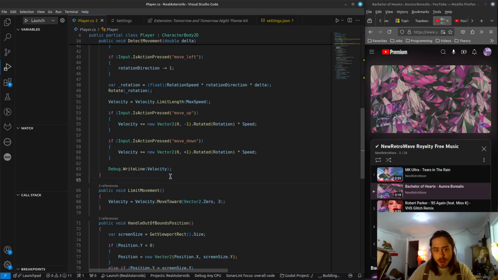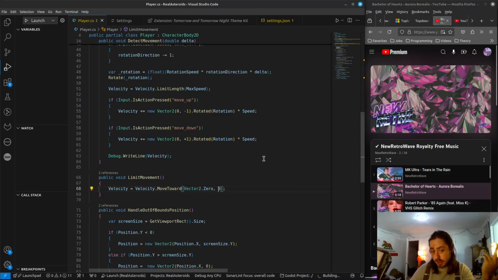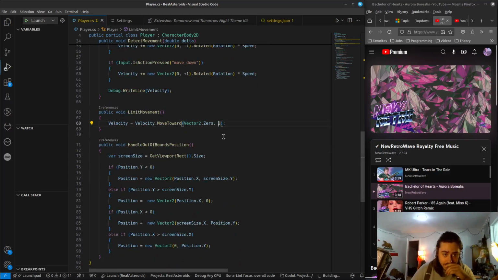But in any case, we limit their movement so they're not just infinitely sliding. We move towards vector 2,0 at a delta step of 3, which seems to be a decent value. And that's what this guy in this video was yapping about. In any case,